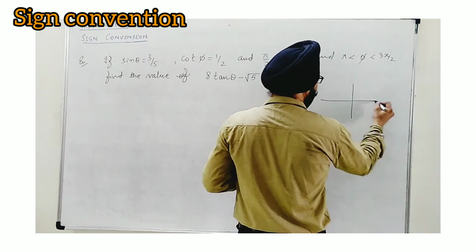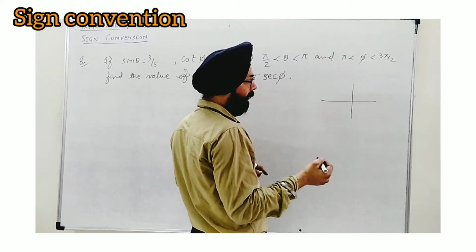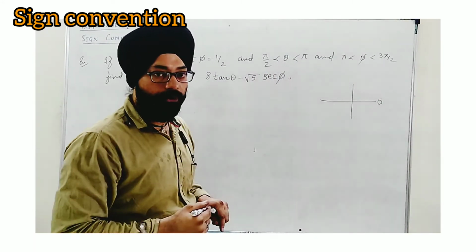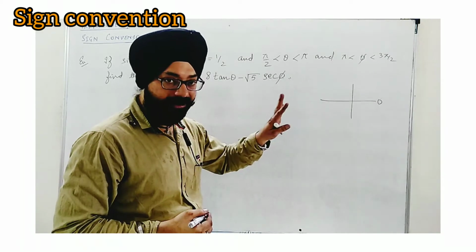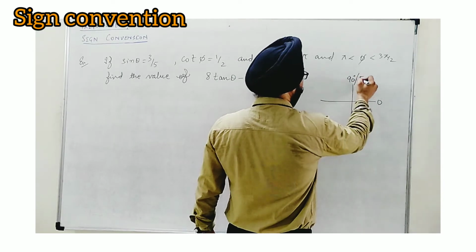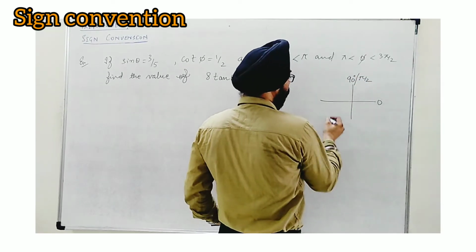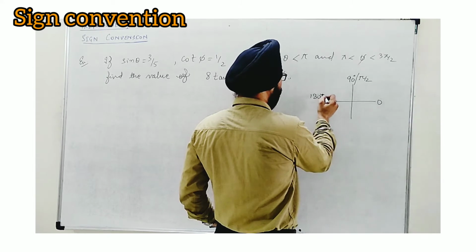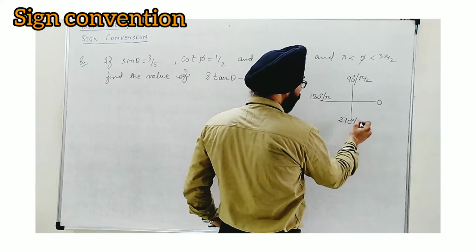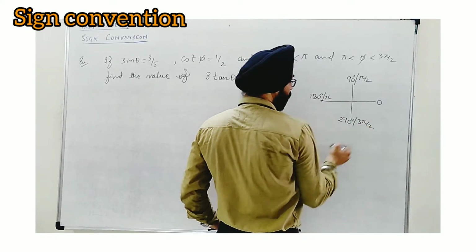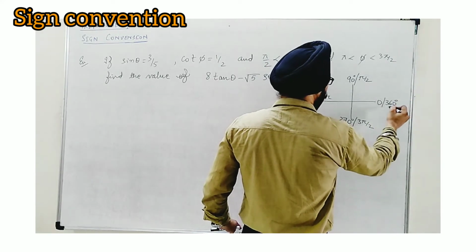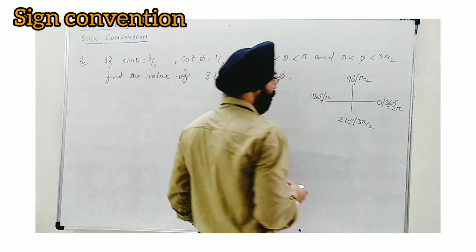When we talk about the standard angles, we mean angles which lie on the axes. One was 0 degree. In the previous lecture, I told you how to convert them to radian. So 0 degree remains 0 radian. When we come to 90 degree, this position, in radian it is written as pi by 2. When we talk about 180 degree, in terms of radian, obviously it is pi. This one is 270 degree, denoted as 3 pi by 2 in radian. And when we complete 360 degree here, this is equal to 2 pi radian.